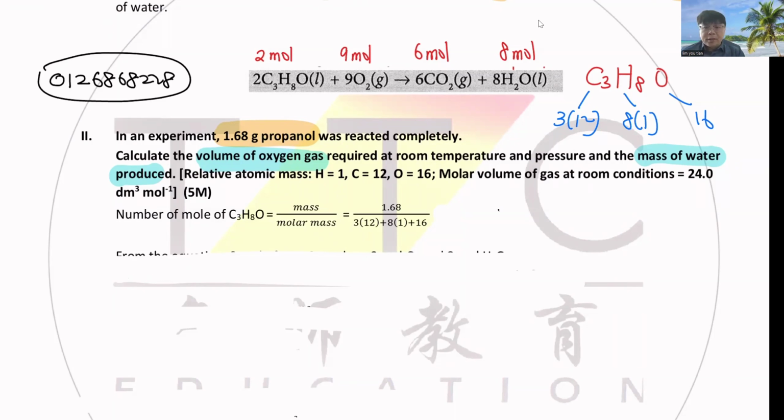I prefer to cover chapter 3 because chapter 3 needs the question changed. So you need to know how to adapt. If the question changes to another chemical equation, you need to know how to change. Okay, so after that, you get this